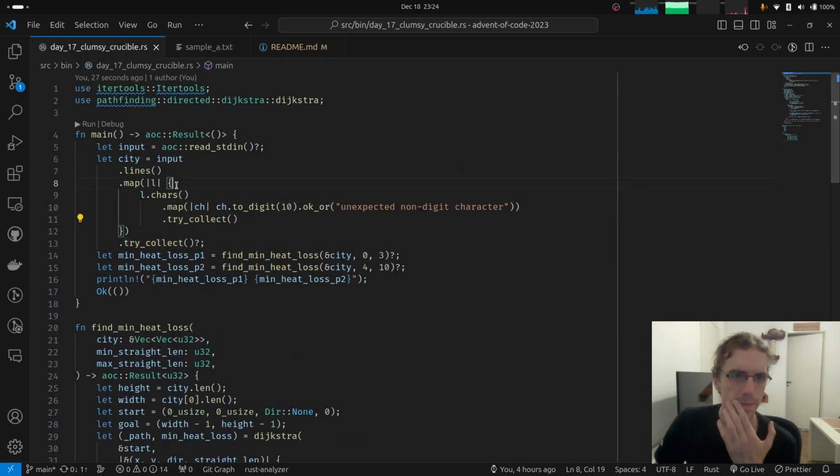Okay. I was checking the parsing, which I don't particularly appreciate when Rust leans to the right this way, and you know the nested things don't look too nice. Here we are basically getting each character and checking.